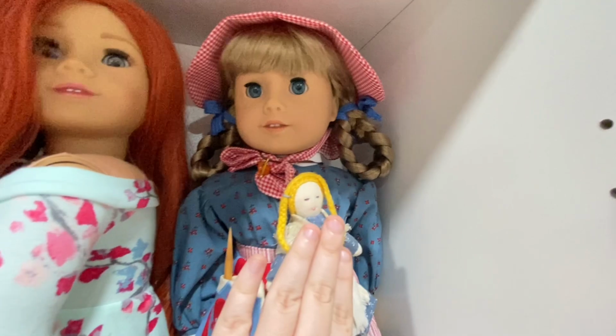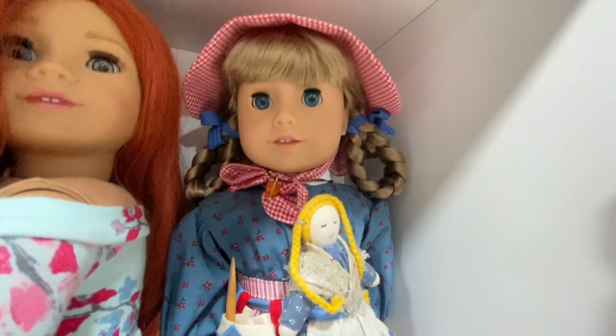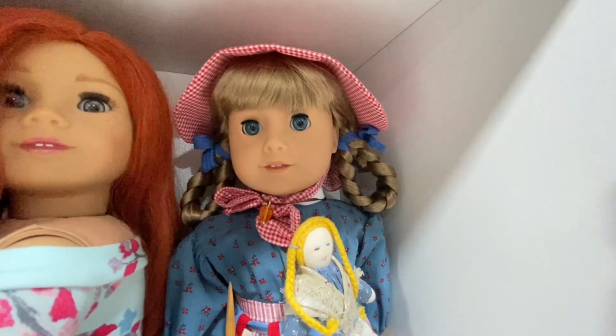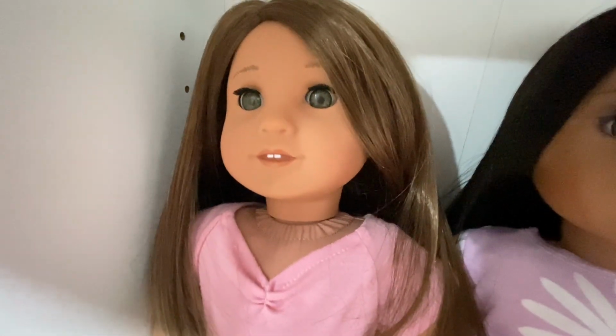That is actually her doll from my childhood Kirsten, because I had Kirsten's bed and all her bedtime accessories and stuff, so that's how I got the doll. But I display her with 35th anniversary because she's in a much better condition than my childhood one, as you saw. In June of 21, I got Remy Kaylani Akina, and she is Truly Me 79 that I actually bought